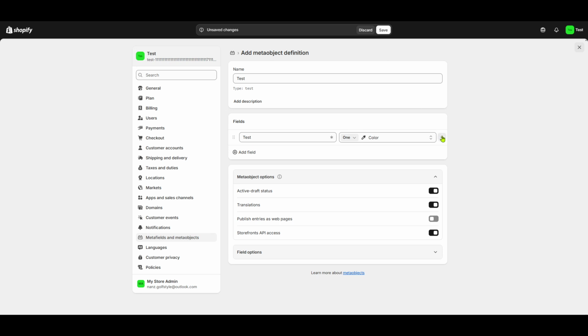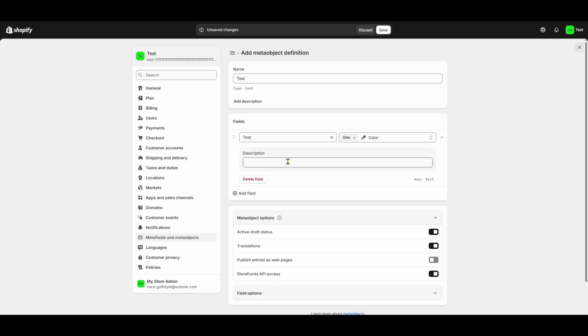Adding color swatches not only helps present your product options more clearly, but also aids your customers in making quick, informed decisions. This kind of attention to detail can lead to increased customer satisfaction and potentially boost sales. So, go on and elevate your e-commerce game by adding those vibrant color swatches today.